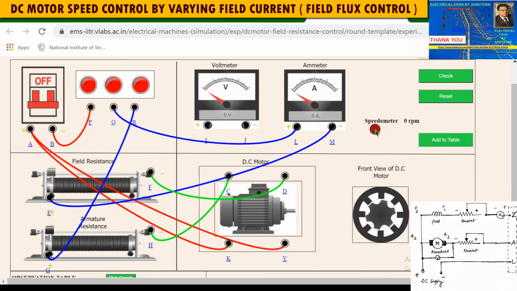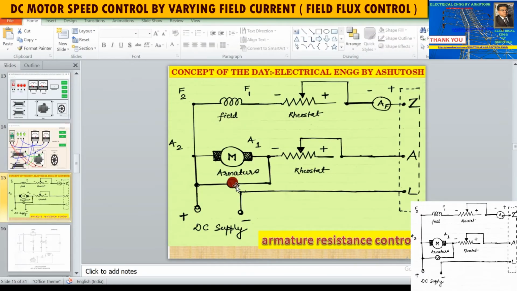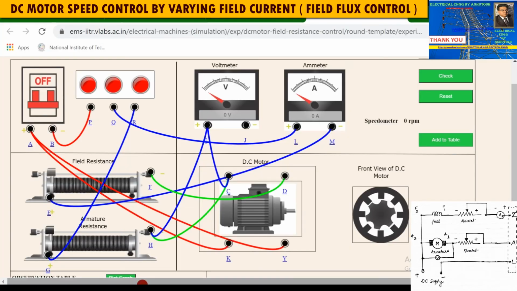So we have connected the armature. Now connect the voltmeter. The voltmeter is connected to the combination point of A1 and the armature rheostat minus. You can see from the diagram where the voltmeter is connected: the voltmeter's positive is connected from the combination point of the rheostat's minus and A1. This is the combination point you can see, and the voltmeter's negative is connected to A2, and that is this diagram, from here.